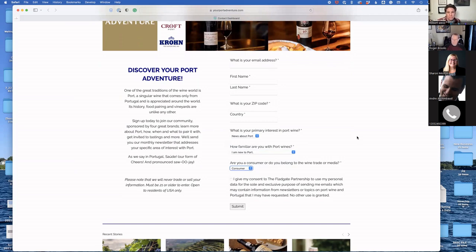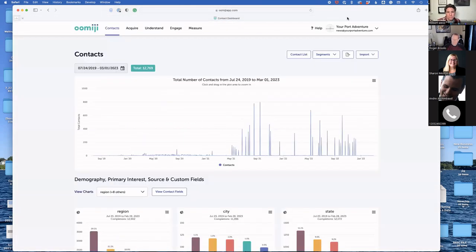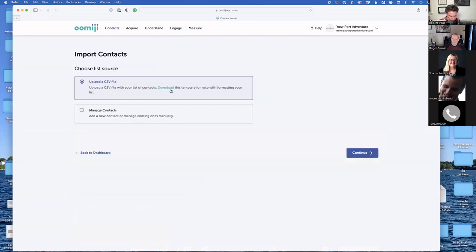One of the things that I'm confused about, so it sounds like you have an email system, if I understand correctly, so it tracks a whole bunch of things. Yeah. But when someone comes in through a landing page, then it gets put into the system, I'm assuming. It automatically sets up their file in the database. You can also, right here where it says import, import all your contacts. The easiest way to do that is to download the template and make sure yours fits that. And then it's just a drag and drop upload. All emails automatically get sanitized. And so the ones that are bad emails get moved into a suppression list. You can go and double check on all of those, but it ensures that you're only sending the good emails.